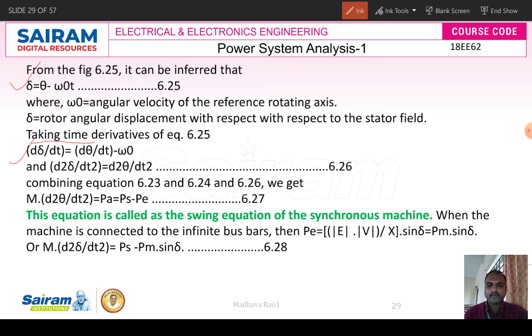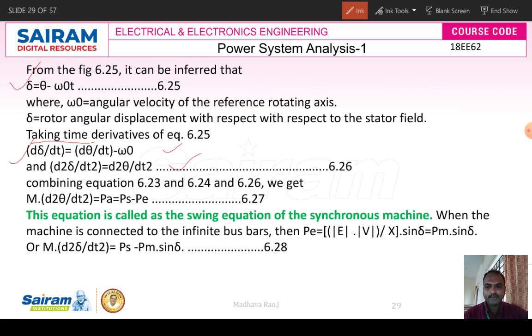Differentiating again with respect to t, d square delta by dt square is equal to d square theta by dt square. Combining the previous equations,